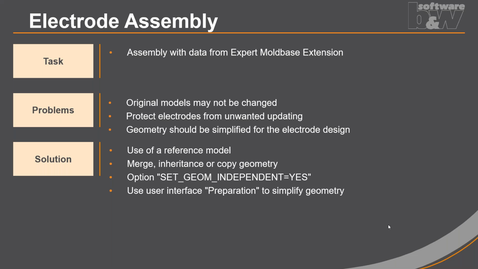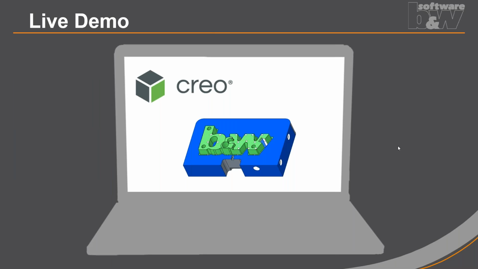And to freeze the electrode design, we can reset the electrode assembly to only update manually, so it won't regenerate automatically when the models in the background change. For the simplification task, we have a user interface called preparation, and this is what I'm going to show you in the first step. So we start with the assembly